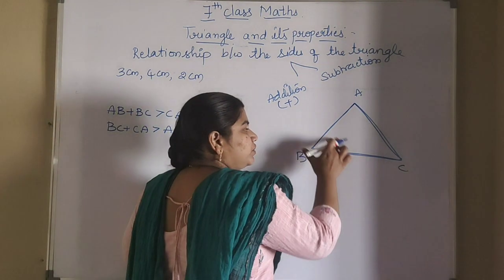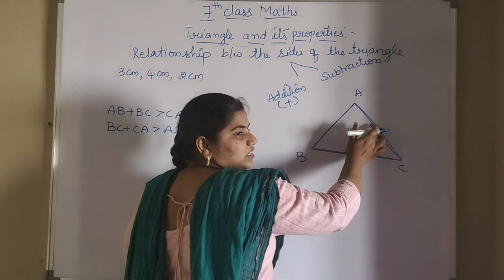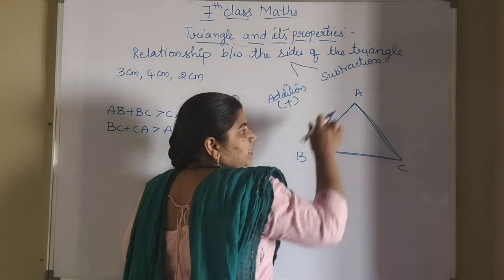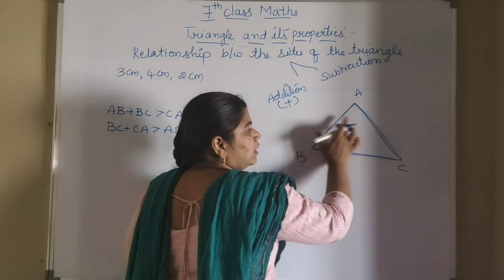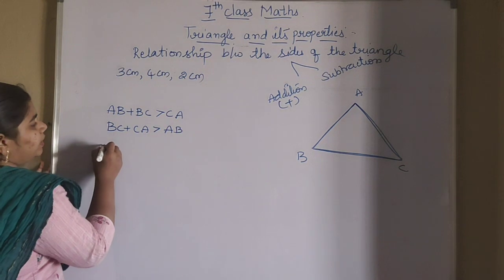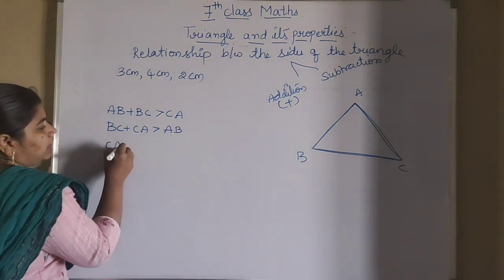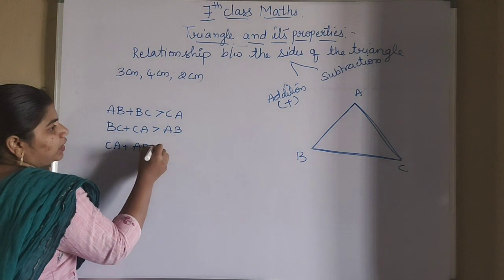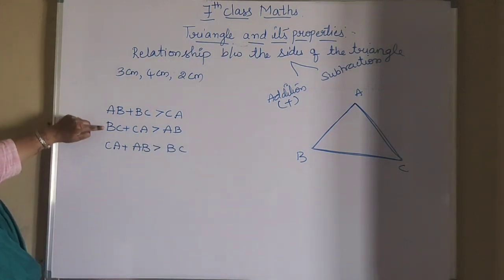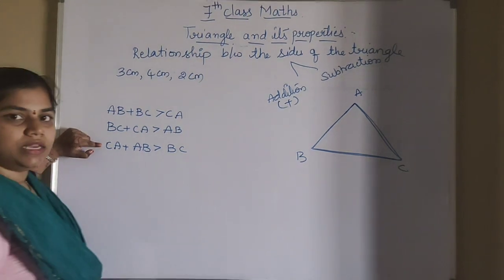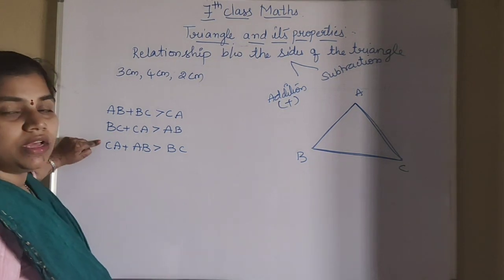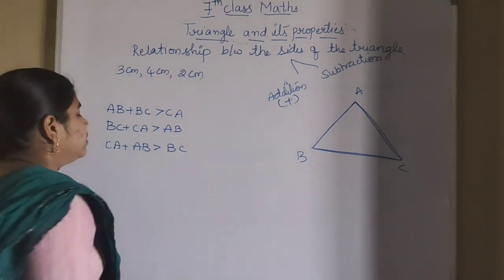Now, already we have used these two sides along with this side, and again I have taken these two. Now I am using these two sides. Sum of two sides should be greater than the third side. So how can you write that? We can write CA plus AB should be greater than BC. So whenever these three conditions are satisfied, then only a triangle is formed. So we will see here.